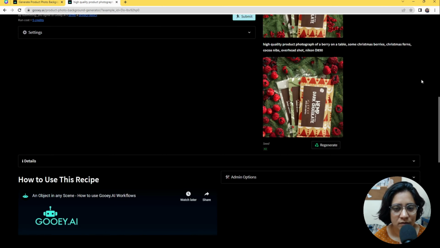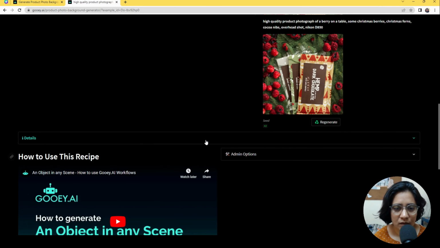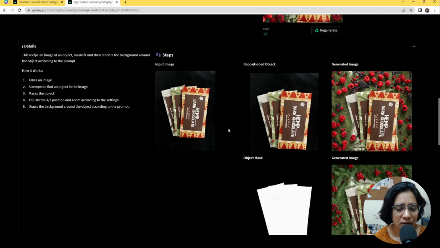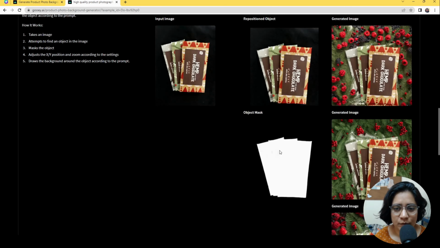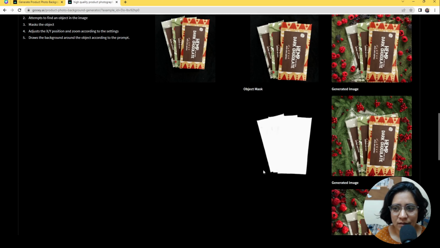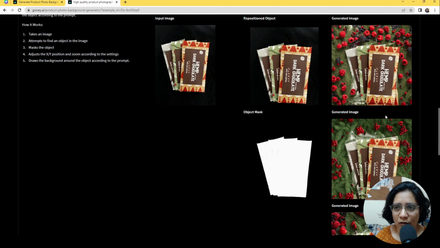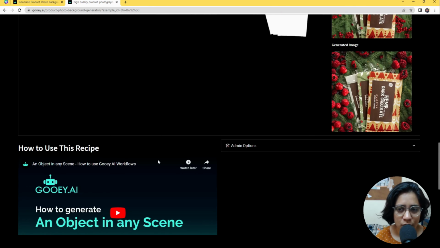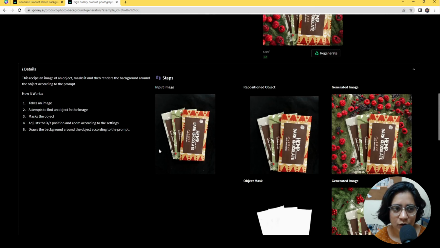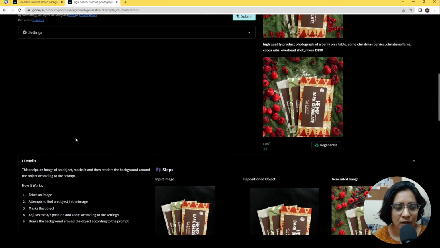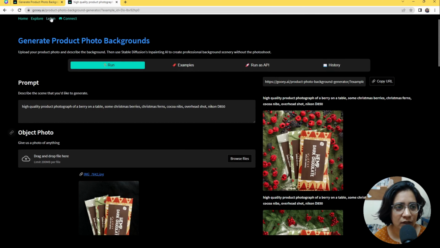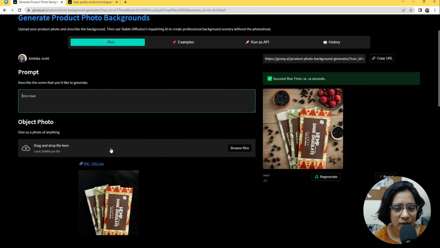The way it works is really simple. It takes the image that you've placed, repositions, takes out the object mask, and then allows for the outpainting to happen with Stable Diffusion 2. Of course, there are options. We have 1.5, etc. So we'll keep the same product, but I will change out the look